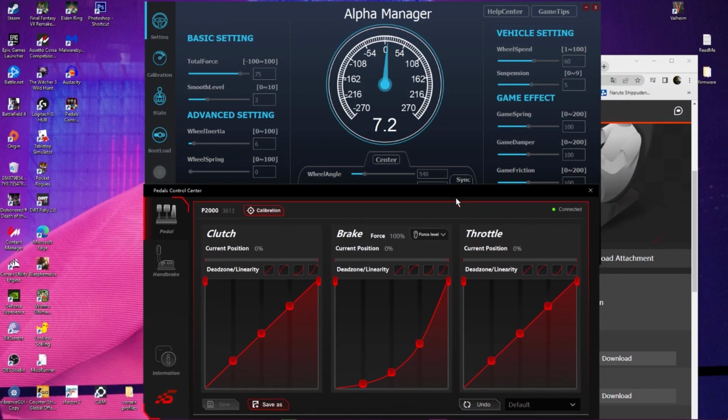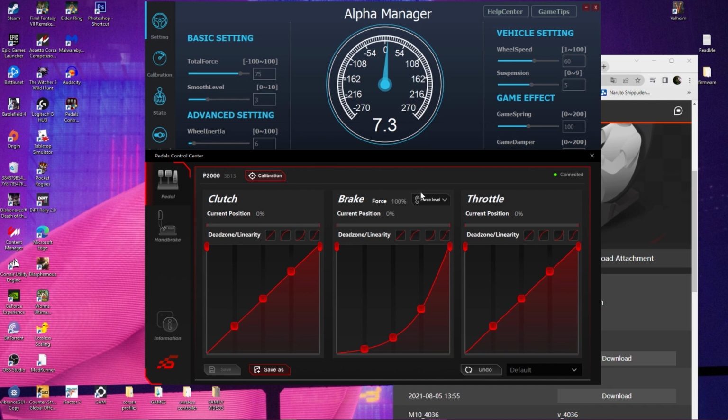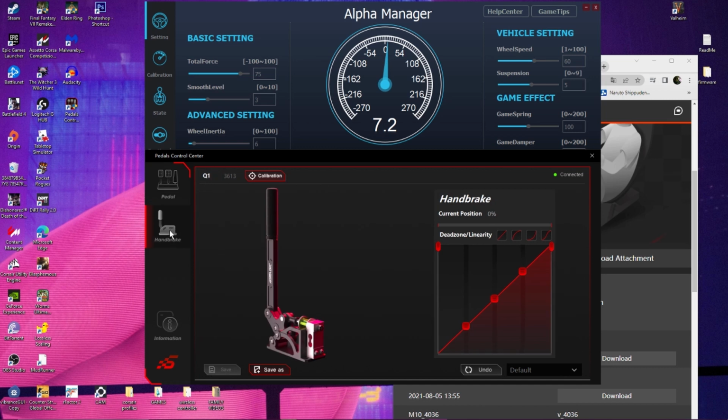My one gripe with the software is that it does not come bundled like the Fanatec software does. For example, we downloaded the Simagic pedal controls and the Alpha Manager software, which are used to calibrate the wheel and the pedals separately. If it was all combined into one, that would be such a blessing. Simagic, please listen and find a way to combine that software, because it will make the software experience much better